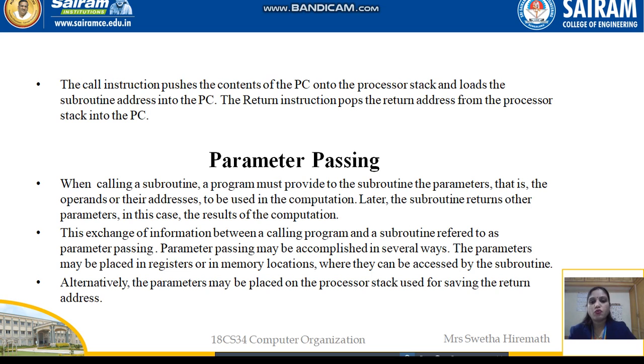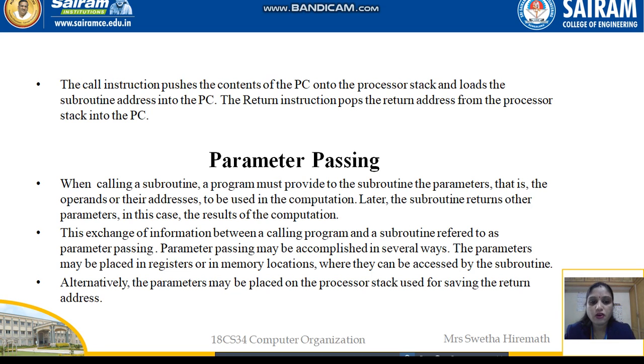Next we will see what is parameter passing, how we are going to pass different values and other things in this subheading. When calling a subroutine, a program must provide to the subroutine the parameters. So what are the values we want to pass, how they will be passed, everything we are going to see here. That is the operands or their addresses to be used in the computation. Later the subroutine returns other parameters, in this case the result of the computation.